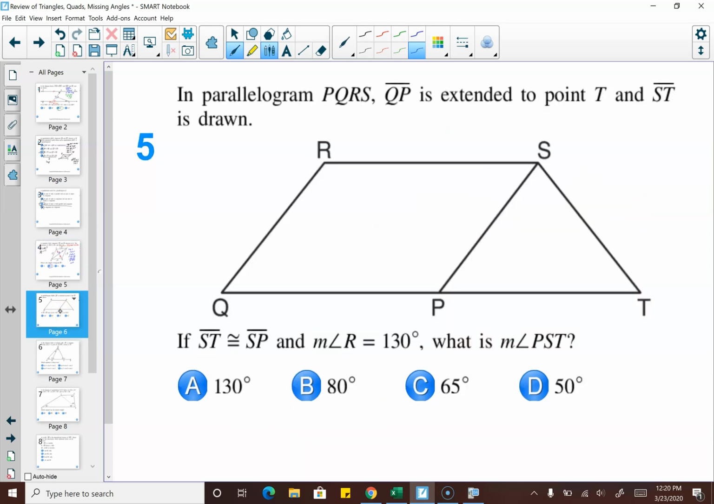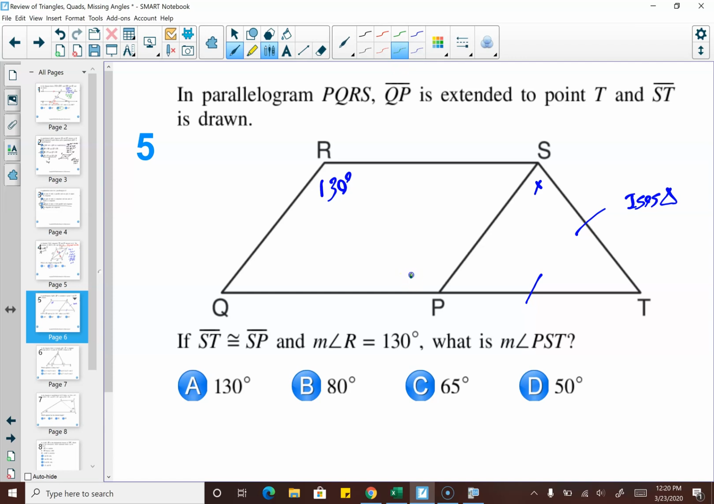And number 5, in parallelogram PQRS, QP is extended to T and ST is drawn. If ST and SP are congruent and the measure of angle R is 130 degrees, what's the measure of angle PST? Well, a couple things first. We've got an isosceles triangle. All right, we've got our two congruent sides. Here, I can put a 130 degree angle because we know that opposite